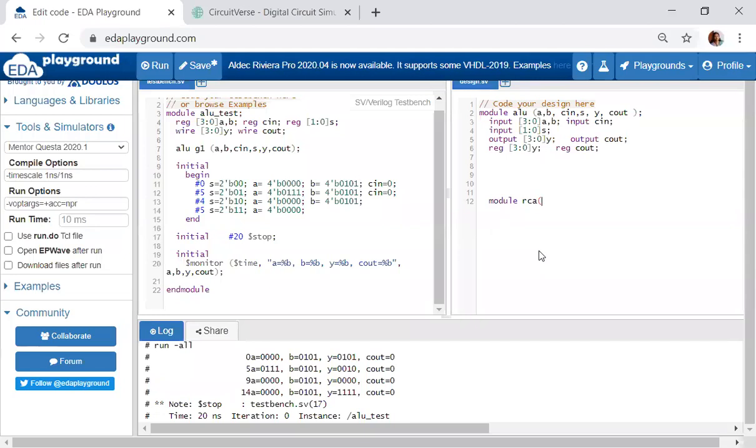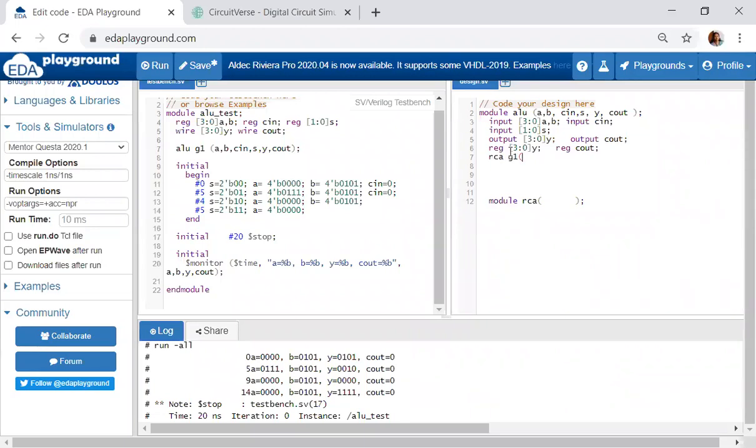We have already seen a ripple carry adder, so I will not write the program for it. We know what a ripple carry adder is. We call it over here as ripple carry adder G1 to perform addition.